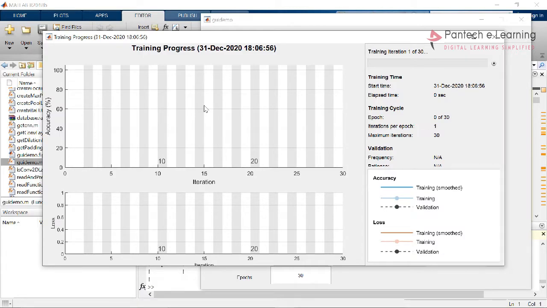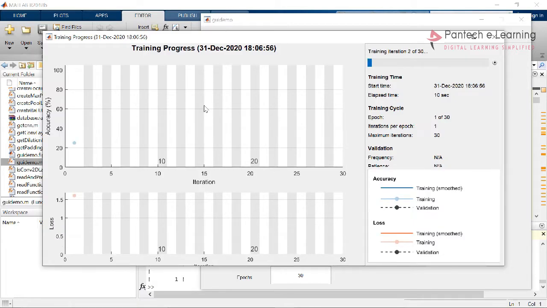Now the training progress has started. Within this graphical representation itself, you will be able to monitor the time and the iteration data, and at the same time note down the accuracy as well as the amount of loss that has occurred. 13 iterations have been completed till now.